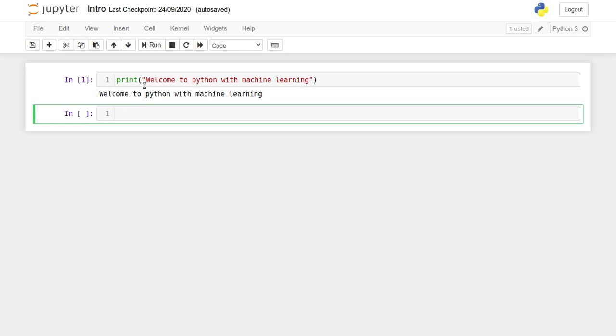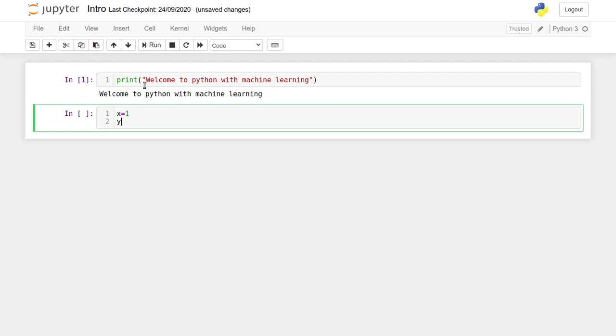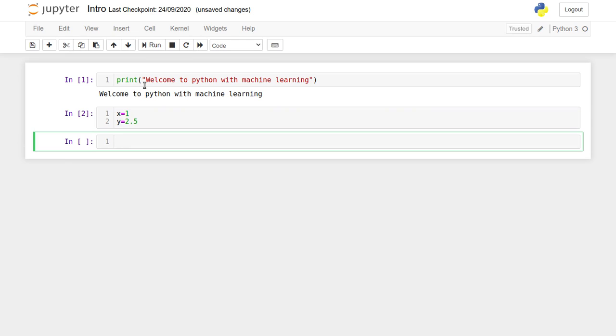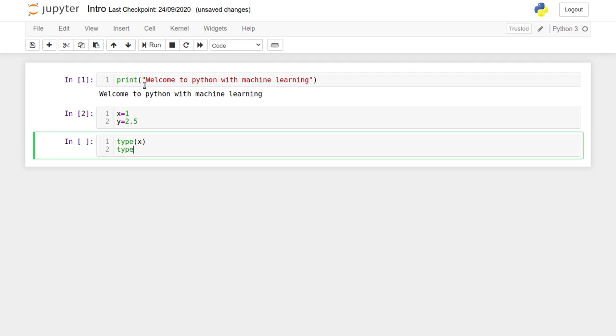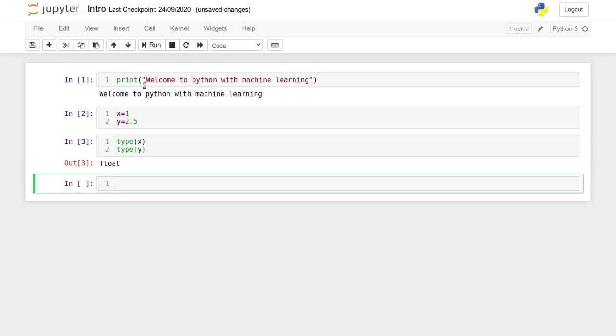Next, moving on to variables. No variable declaration is needed in the Python language. We can directly use the variables, and the interpreter itself will predict the type of the variable. So without initializing we can execute it. Later on we can check the type of variables using the type function. Here we know that the type of y is float.